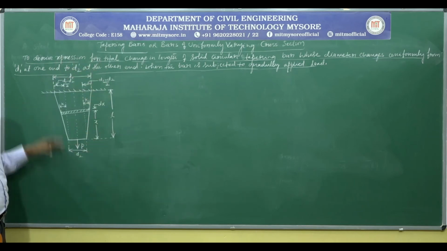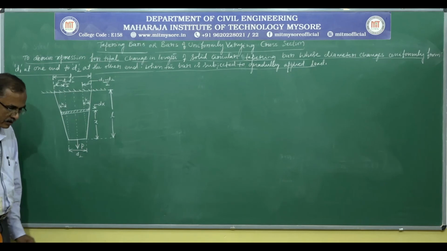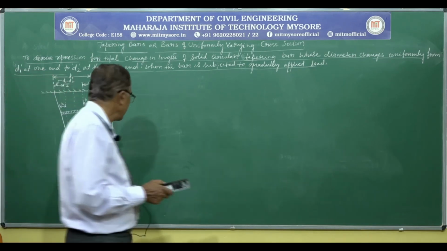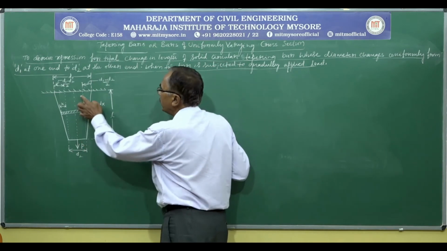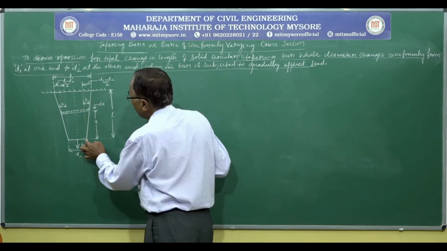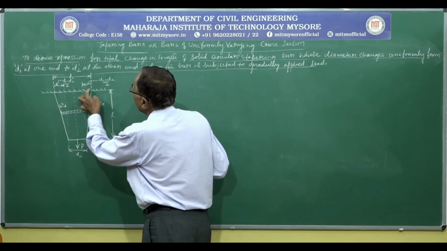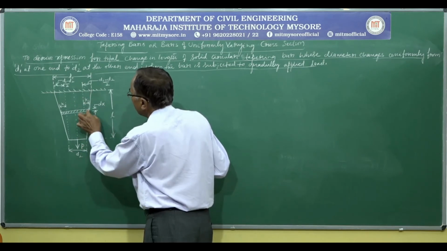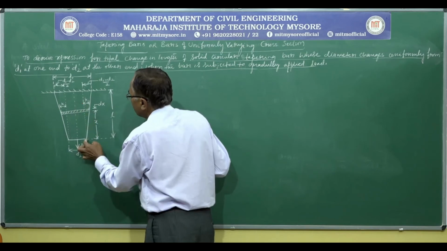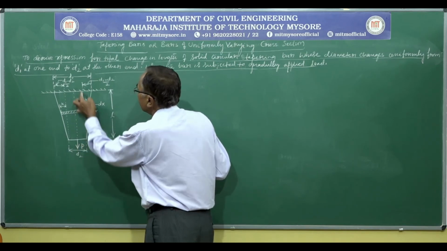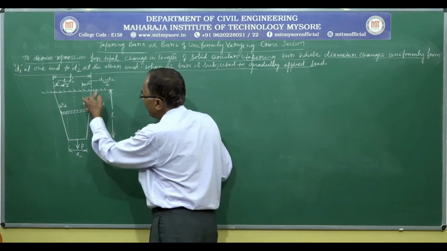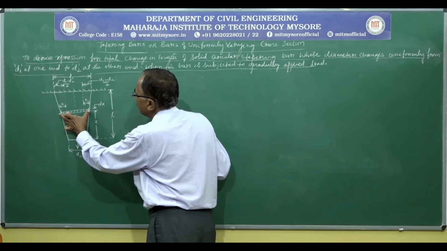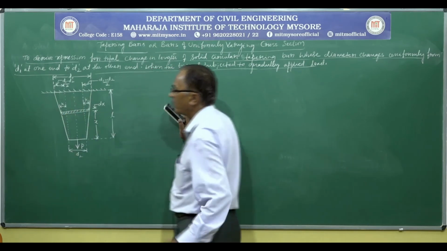So with this marking and observation, we can comfortably derive the expression for this type of bar. Here the cross section of the bar at every level is a solid circular one. If I observe here, there are two triangles. Considering the thickness of the elemental strip, you can see two triangles, this is one triangle and this is another triangle. So by using these two similar triangles, we can get the diameter of the elemental portion.